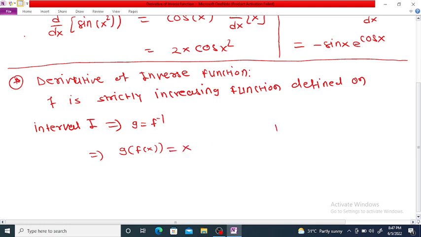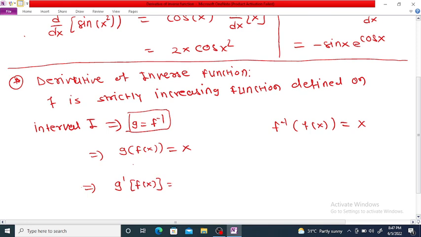Since we know that f inverse of f of x is equal to x, here instead of f inverse we write g. What is g here? g is equal to f inverse. So now if you differentiate both sides, then by using composite differentiation, g dash of f of x into f dash of x